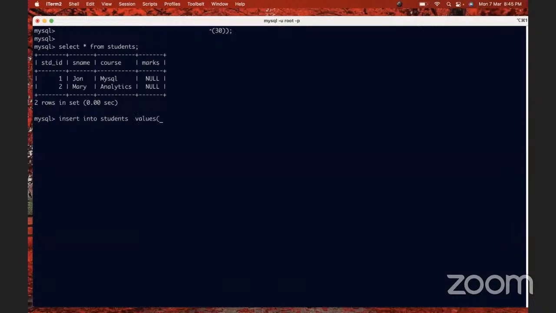Now we have to specify all the values one by one in the same order. I have 4 columns, so I have to specify values for all the 4 columns. So I will say 3, probably Pete and MySQL. And finally, let's say he has got 78 marks. So this is one way of inserting records where you specify values for